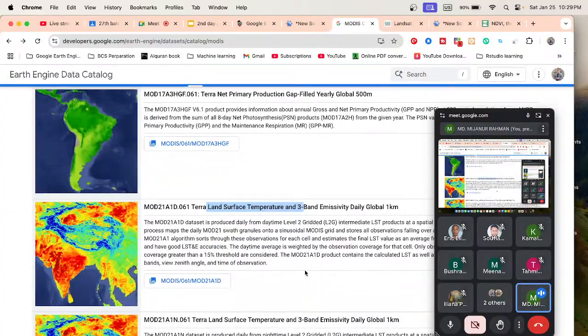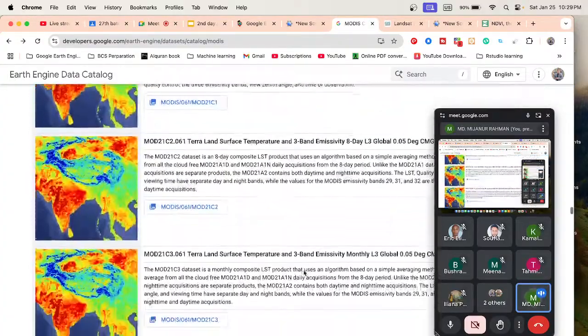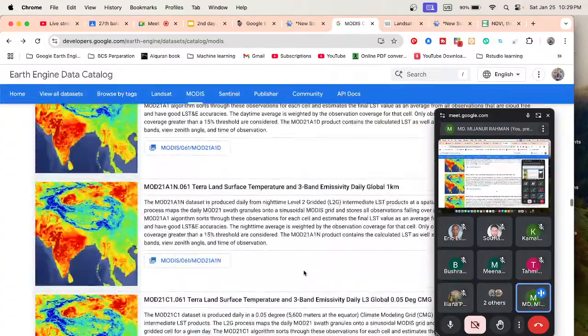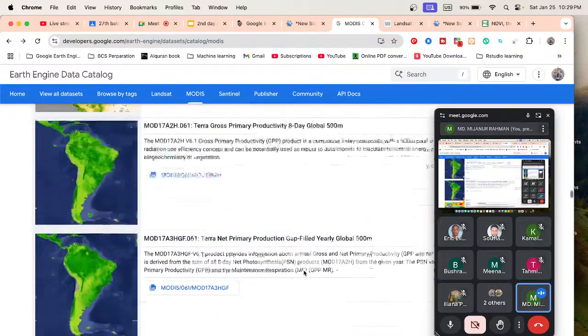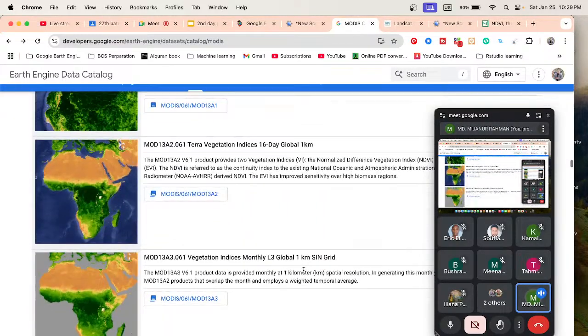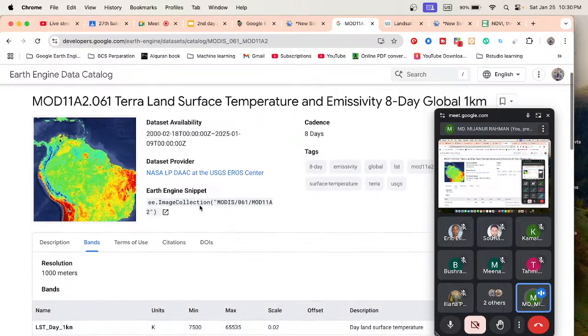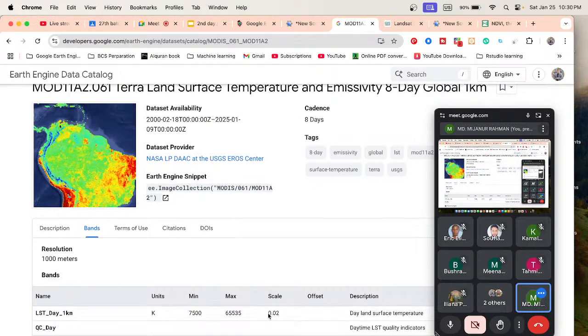And when you work with them, you also try to check whether their scale is available or not. If their scale is available, you must multiply, otherwise we don't find the accurate pixel. Suppose you work with another data, suppose this is the LST data for 8-day global, just click here. Here you can see the scale is available for this data. So you must use the scale value to get the accurate pixel of LST, otherwise you can find a very long value. So you also check if the scale is available, you must use it to get the proper value. Okay,